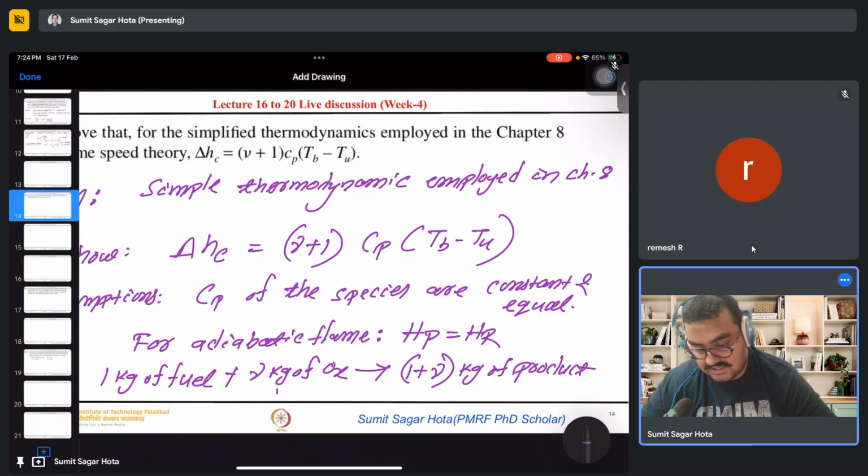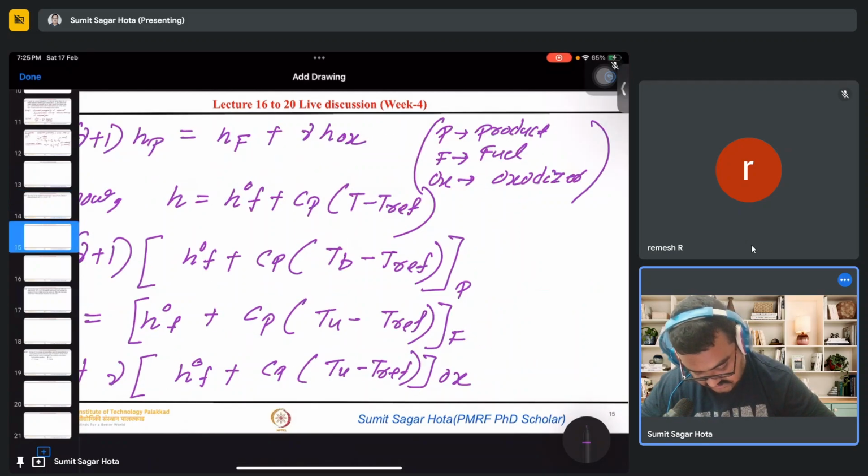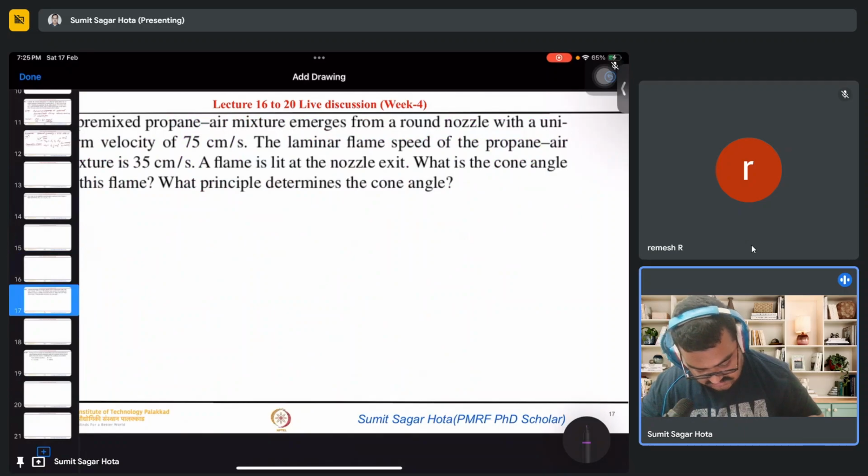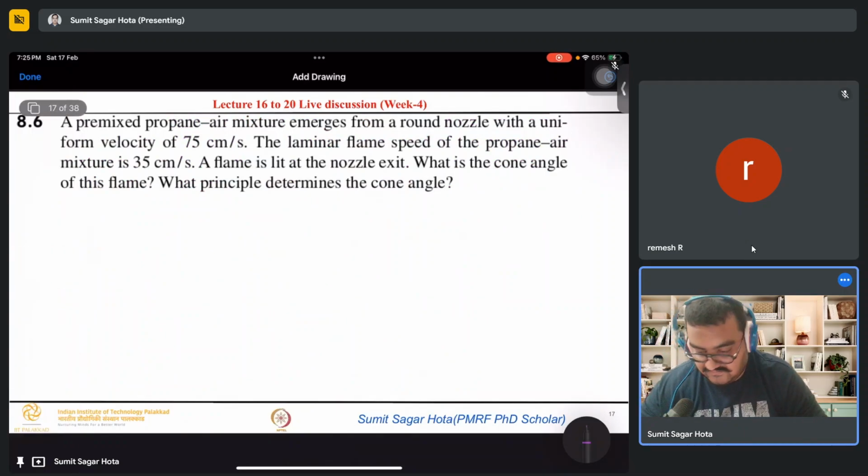How we calculate initially the adiabatic flame temperature with constant volume condition, that you have to check. And there you have to know how to calculate your delta HC. From there the other expression of delta HC will come in terms of Cv. Obviously you should derive it, make it ready and remember it, so that it will be helpful in your exam. Don't derive in your exam, it's a wastage of time.